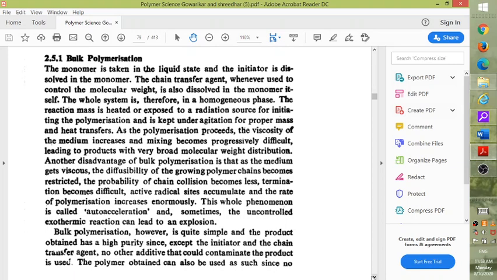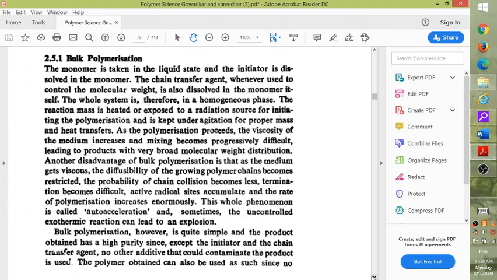There is a lot of difference between the techniques and the mechanism, okay? So don't get confused between them, because mechanisms are basically the addition, condensation, ionic, cationic, anionic polymerization chemical reactions. Those come in the mechanism part, and the types and techniques are related to bulk, suspension, solution, emulsion. Many people get confused and mix up the two. So please get your concepts very clear when you are writing. Whatever question is asked, read it carefully and then write the answer.